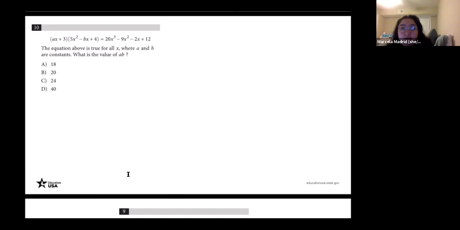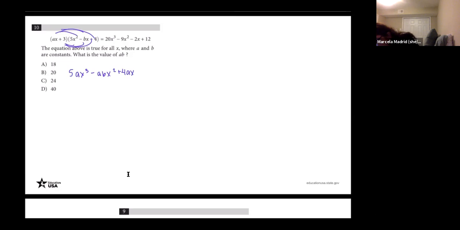Well, the good thing for y'all is that C is the correct answer choice. So based on those who got it right, hopefully what you did, again, you may have another way of doing it, go ahead. But the first thing obviously is to expand it out. So you would have multiplied all of the terms together and gotten 5ax to the third minus abx squared plus 4ax